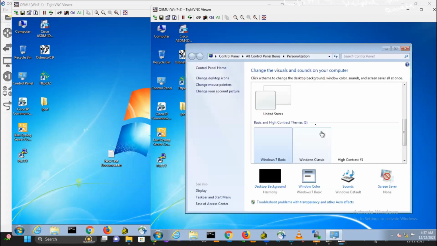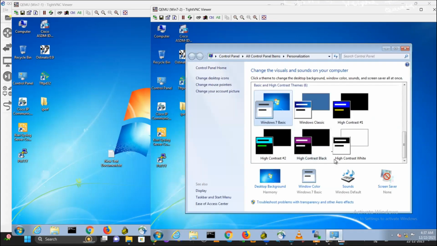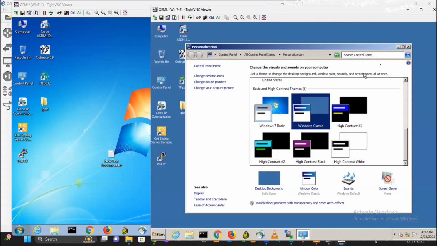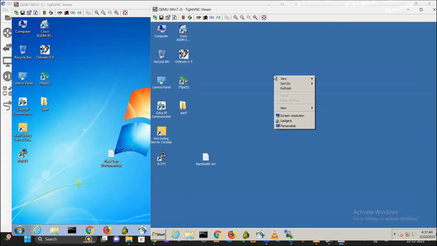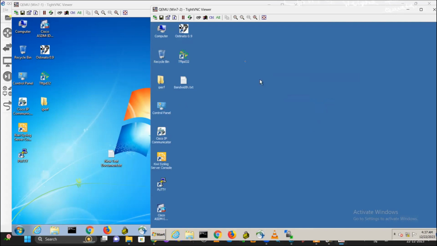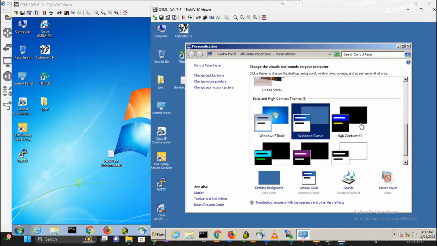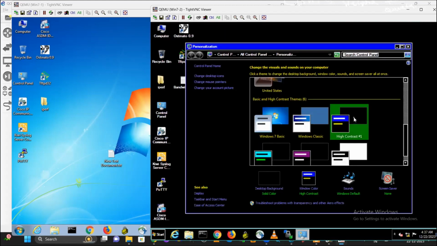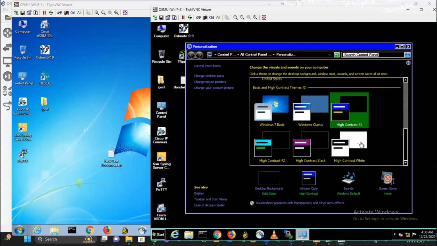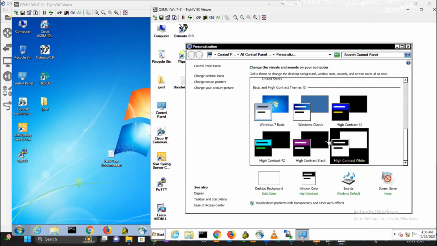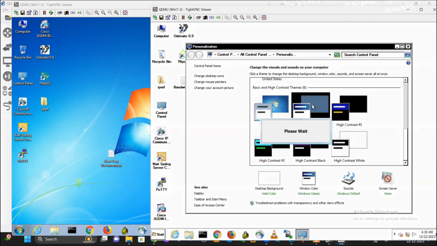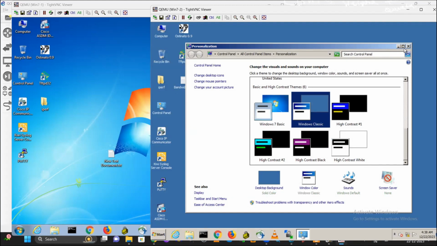I'll go to personalize and change the background of one of them, so that by looking at the device itself, we can tell them apart.